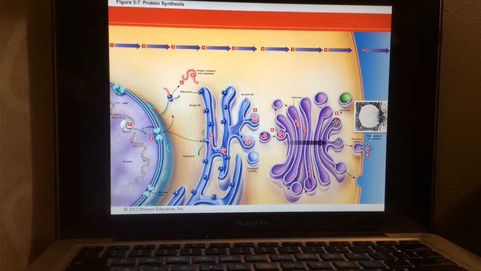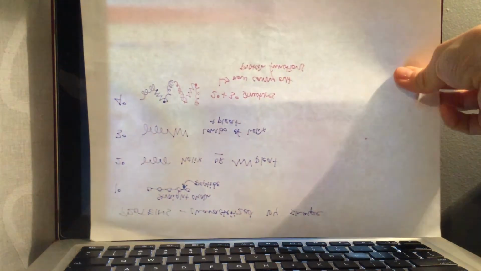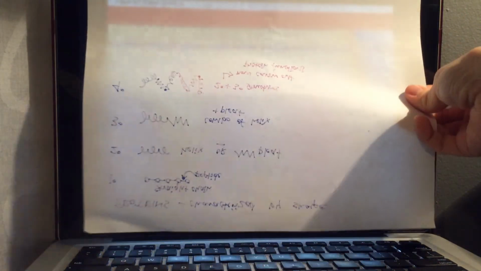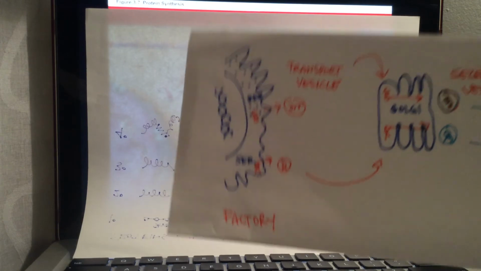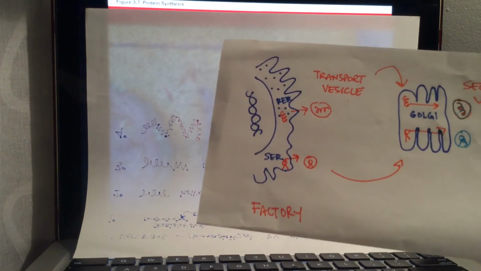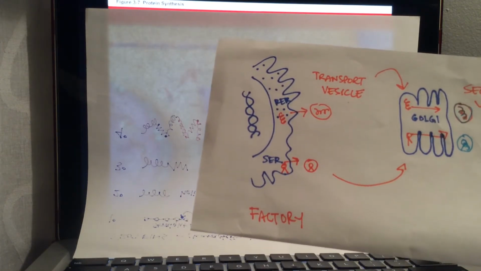So, okay, this is a really complex picture, guys, and I really want to go over this a little bit more simplistically. So I'm going to cover it up, and we're going to talk about each piece. Okay, so we have the nucleus that has the DNA on the inside,